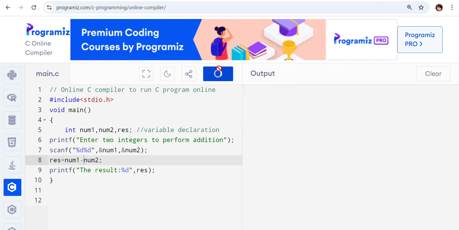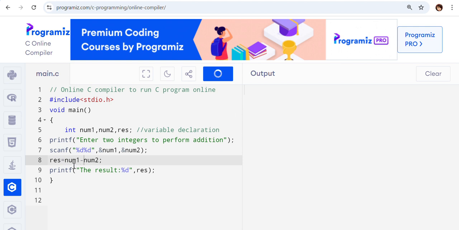You can execute it. So I'll just give 10 and 7. Okay, it's not working. Just execute again actually, let's see what will be the output.